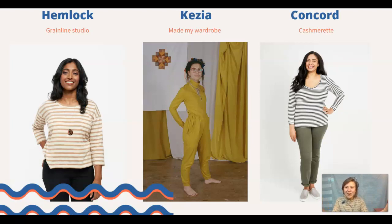Ta-da! And without warning, 3 garments to choose from. So let me explain. We've got the Hemlock tee from Grainline Studio. We've got the Kezia turtleneck from Made My Wardrobe. And we've got the Concord t-shirt from Cashmerette. So I've chosen tops because